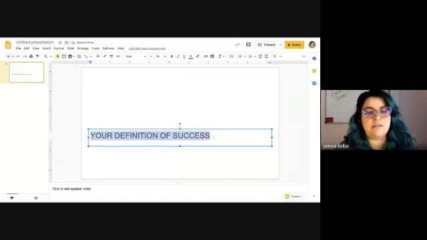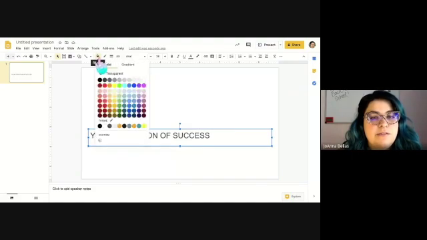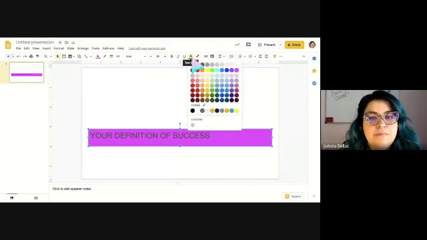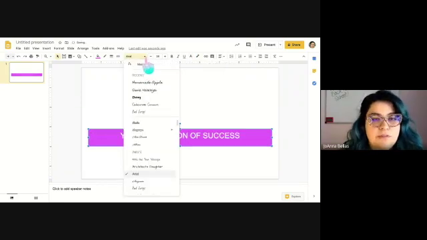I suggest putting a background to this because when you put photos, it's going to be hard to read the text. The way that you do that is you click on your text box, up here in the middle where my cursor is. It says fill color. It's a little bucket dripping out paint. You're going to click on that and you can pick a little background color and see it'll fill in the back. And then you can change your text color by clicking on the A with the bar underneath it. And then you can pick a different color. And then of course you can go crazy with all sorts of different things.